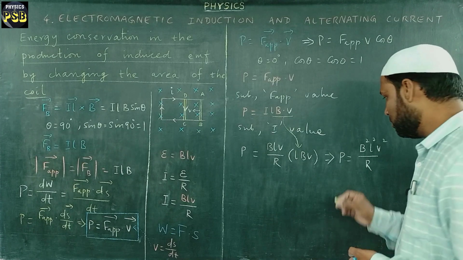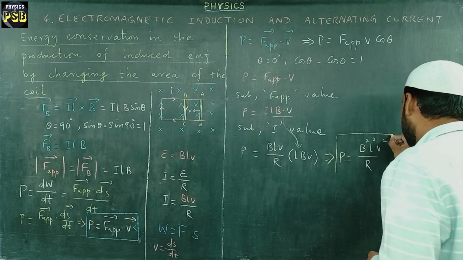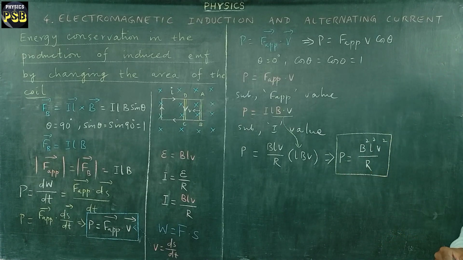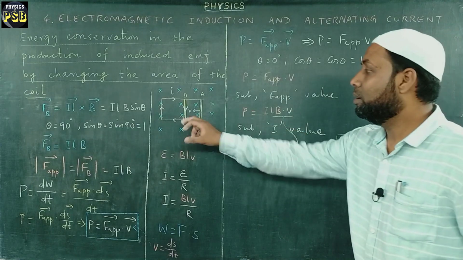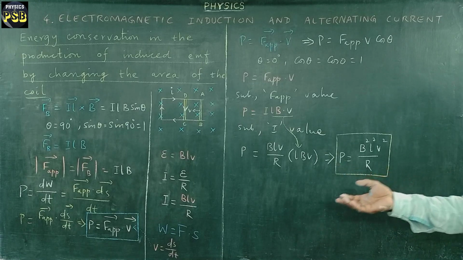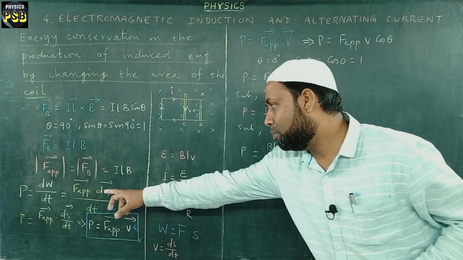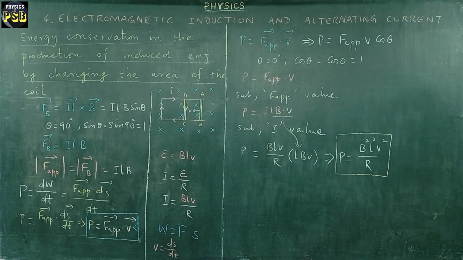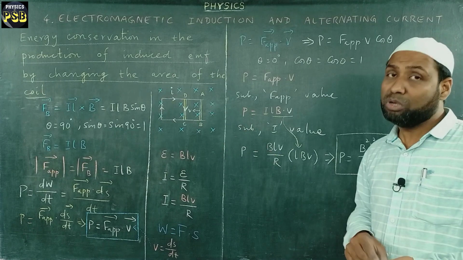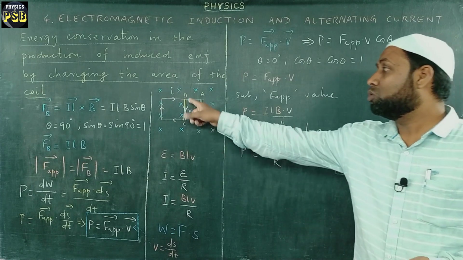I box this now. This is the final expression which gives us the work done, the rate of work done, to move this metal rod in the magnetic field. Okay, so P stands for power, which is nothing but rate of doing work, dW upon dt. Got it? Now the induced current, which is produced here, flows through this metal rod,